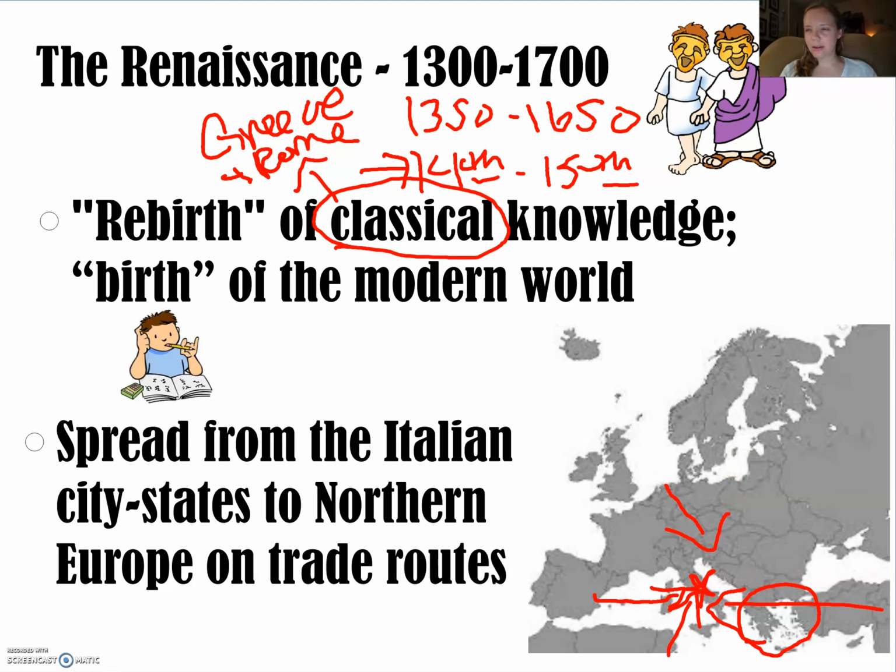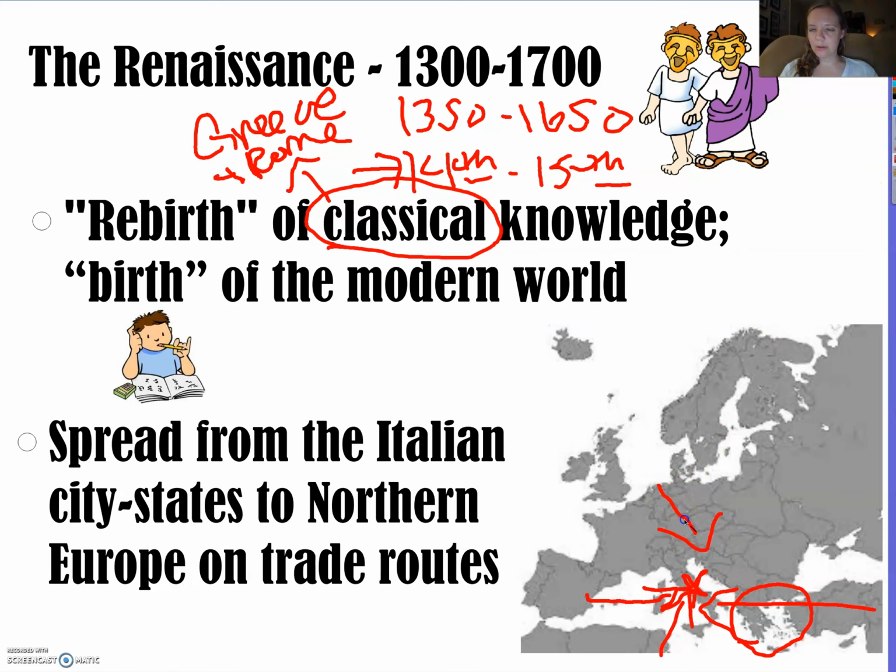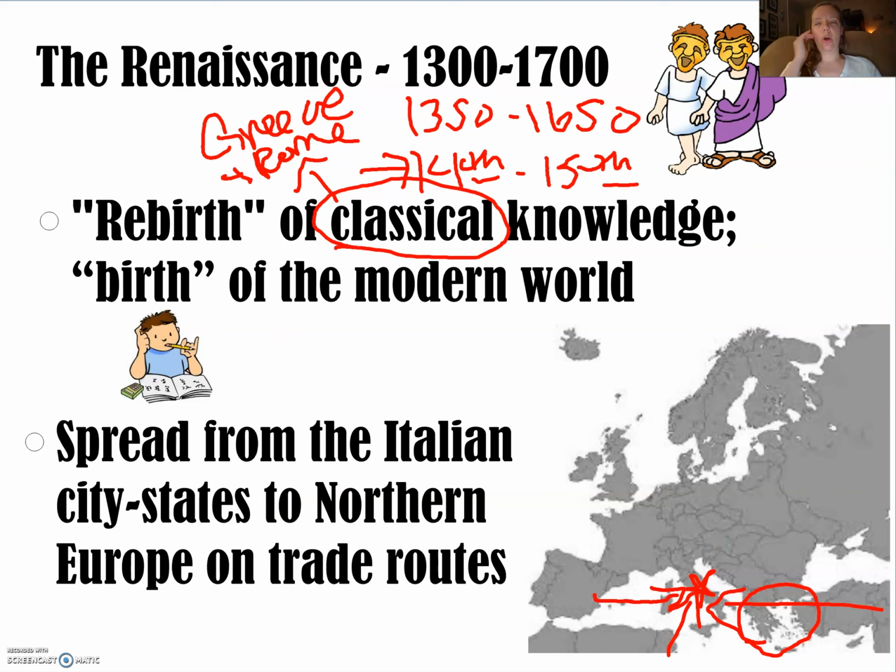This is not erasing. Well, I'm just going to hit some undos. But it's from that world that the Renaissance is going to spread north, moving along the trade routes back through Europe. I probably should have changed the color. I'll do a double arrow. It's going to move into England and France and what is now Germany and Scandinavia. It's going to move north through those regions as people return to their homelands after having traded. All right.